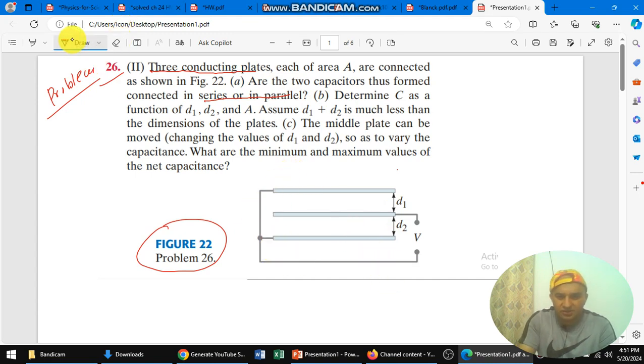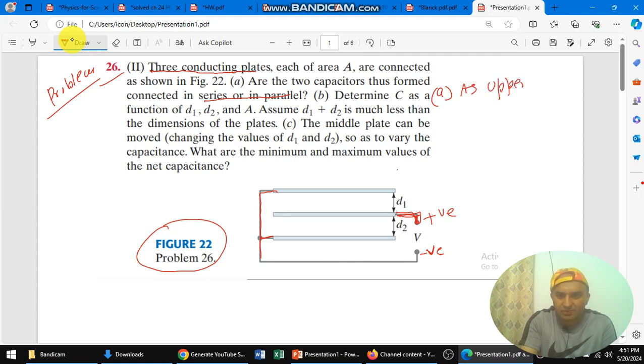These two plates are connected to the battery's negative potential, while the middle one is connected to the battery's positive potential. The upper two plates' left ends are connected to the same potential, and the lower middle plate is also connected to the same potential. So if the potential is the same, this is a parallel combination. For part A we can write: